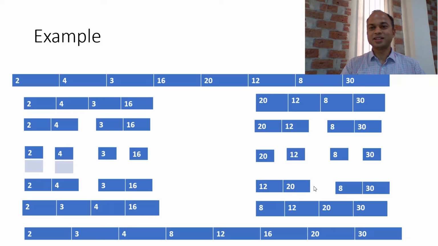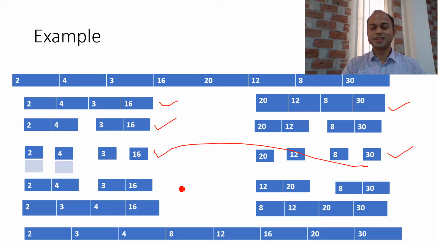We are understanding this concept with the help of an example. So we are taking an array. The size of the array is 8, and initially this size 8 problem is divided into two subproblems. The problem size here is 4, and here the problem size is also 4. Further, each size 4 problem is divided into size 2 problems, and now each size 2 problem is divided into single size problems. So all the problems are divided into single size problems.